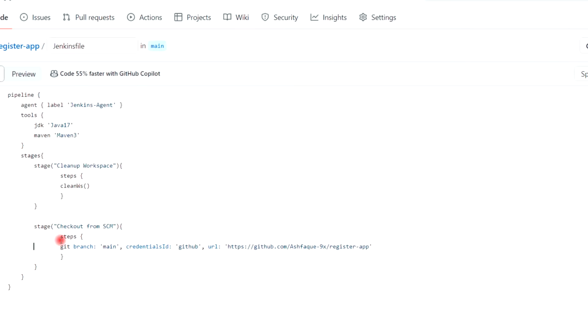So our second stage is checkout from SCM, and this is my repository register app, and this is the branch main, and this is the credential ID GitHub, which we have defined on the Jenkins dashboard. And the next stage we will add, which would be build application.